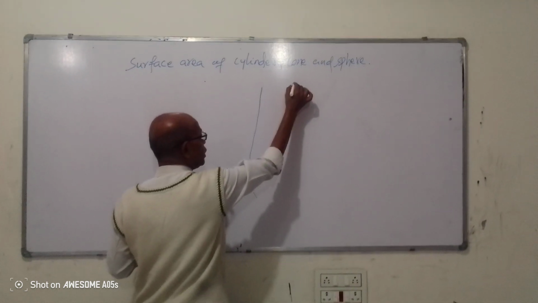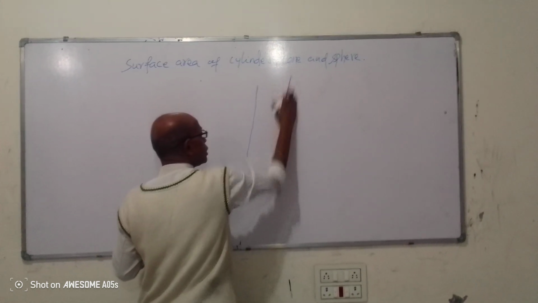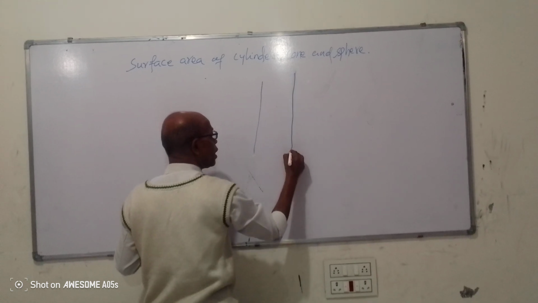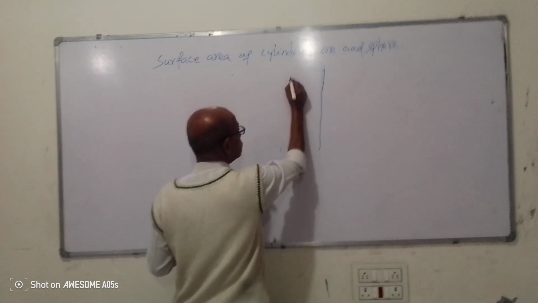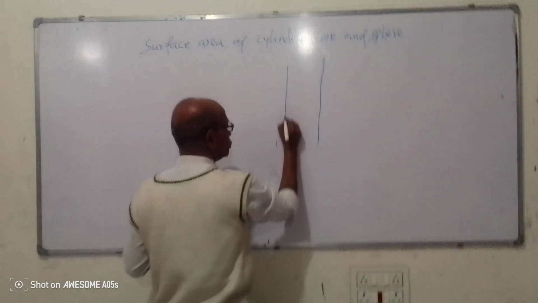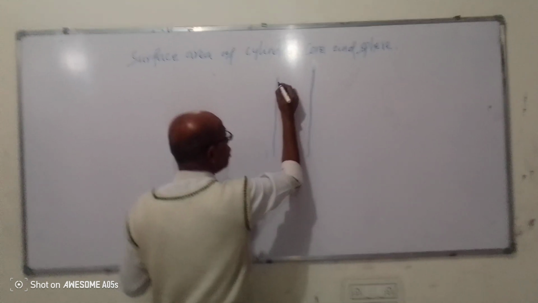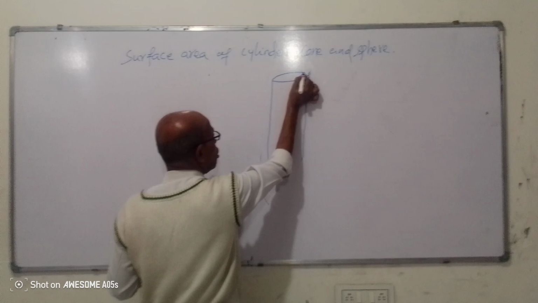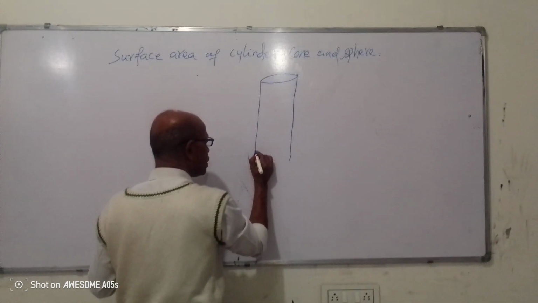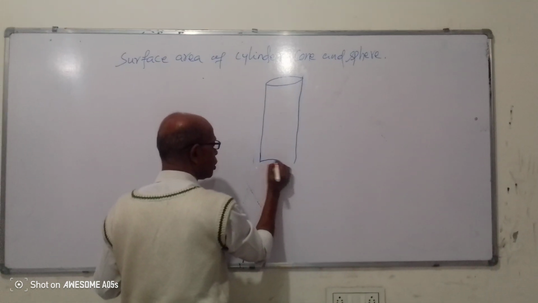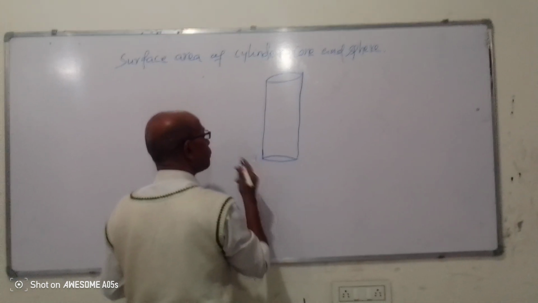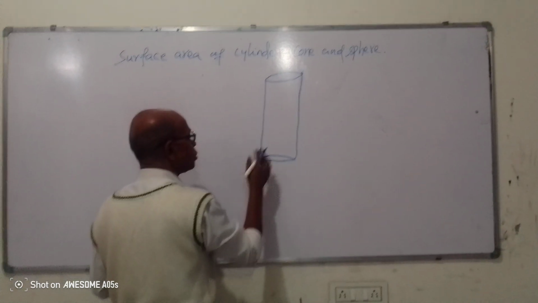You know about a cylinder. Actually, like water pipes. These are cylinders. A cylinder may be solid or may be hollow. If in the question it is not mentioned anything, means simply saying cylinder, we generally consider the solid cylinder.